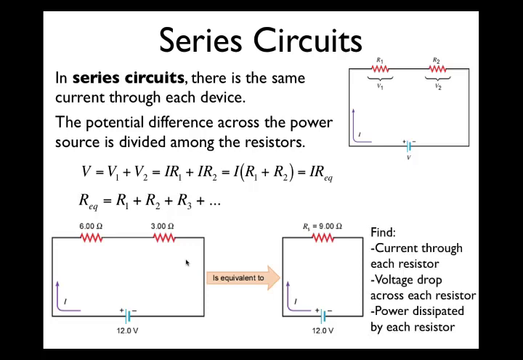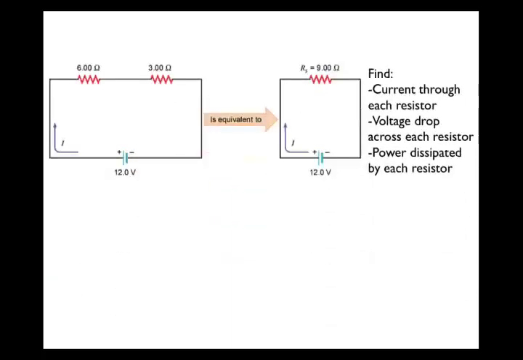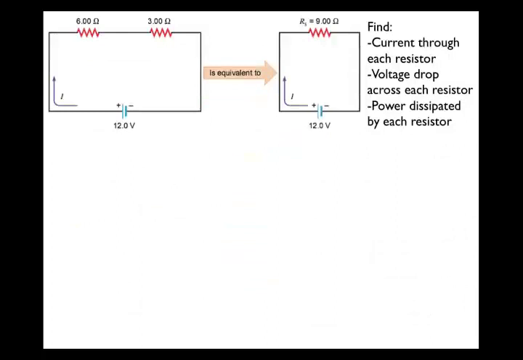We have some numbers, so why not? Let's find the current through each resistor, what the voltage drop is across each resistor, and how much power is dissipated by each resistor in this picture. So current first. Well, I would start with the quote-unquote simpler equivalent circuit on the right, because that will have